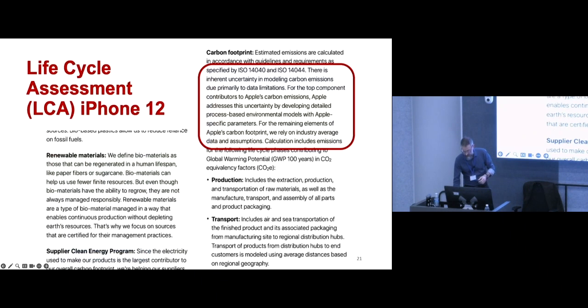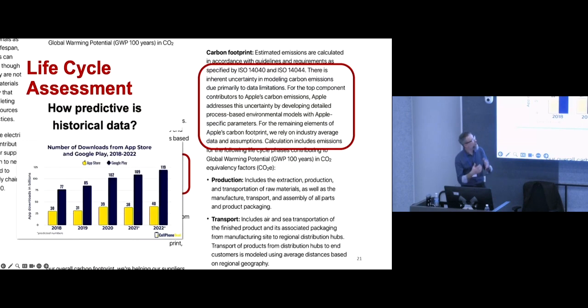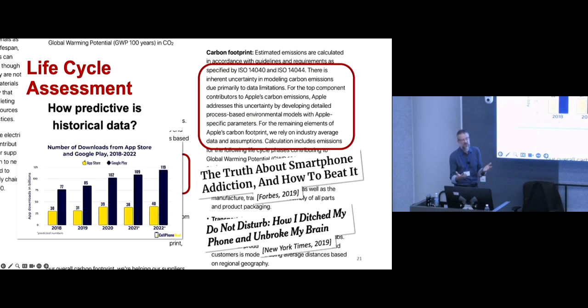Now, lots of uncertainty, but how predictive is historical data? We all know we are more and more attached to the computing devices that we are using. The number of apps is exploding. We're using them all the time. And we all know that these types of devices are really addictive. If you have children, I have 4 teenagers in the household, I know how addictive these devices can be. So using historical data to make projections is probably the best we can do, but we have to be a little careful.